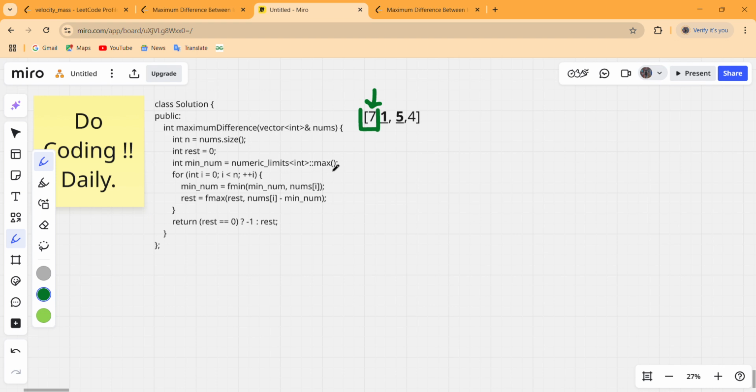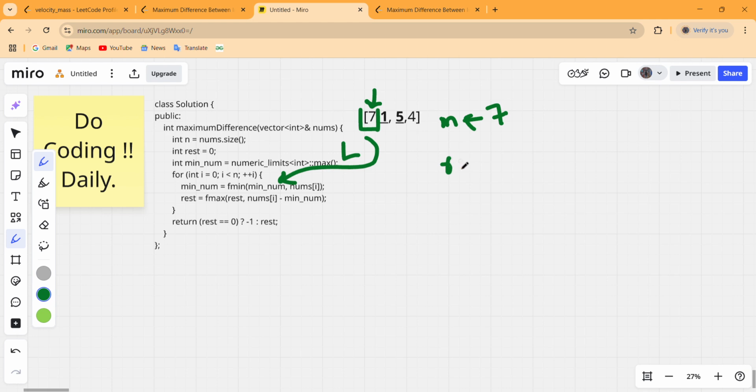Minimum num is int max and nums[i] is 7, so 7 is less than int max, so minimum num now contains 7. Let us name this minimum num. Minimum num is 7 now.